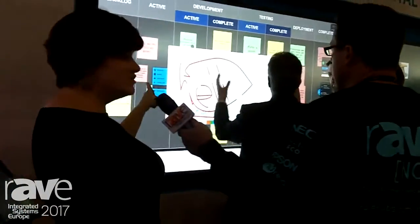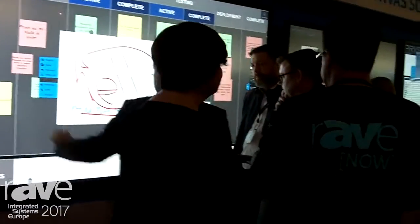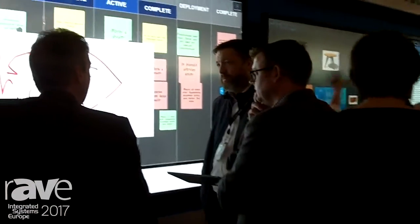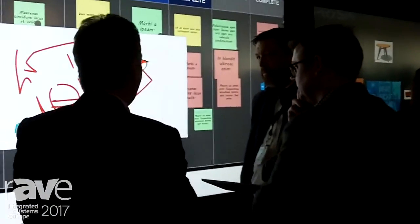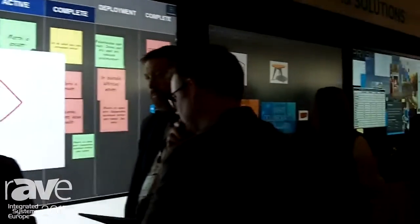So let's, I don't know, did you want to demo some more, or did you want to talk about the third-party integration? Because I think that's important. We can just take a little walk over here, and on the way we'll walk by an example of one of our 98-inch LCDs right here, but we're just going to keep walking. And the 98-inch, if I remember correctly, is 4K. That's right. That's right. And so what we see here on the end is an Avacor display, and